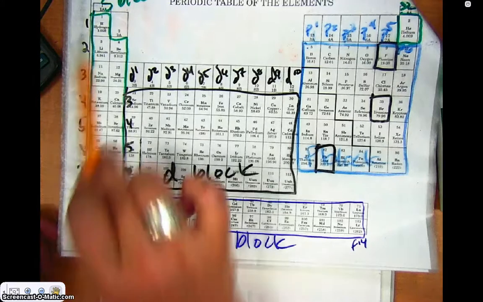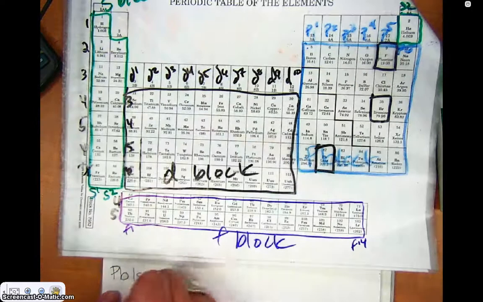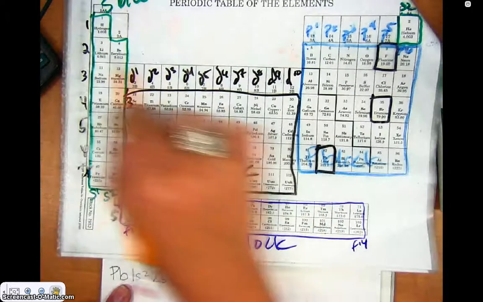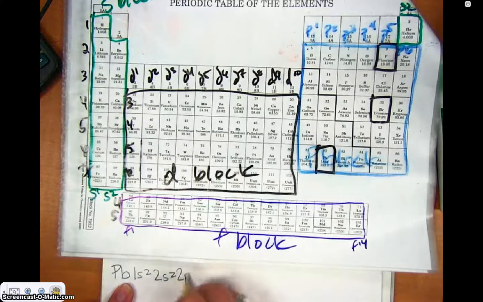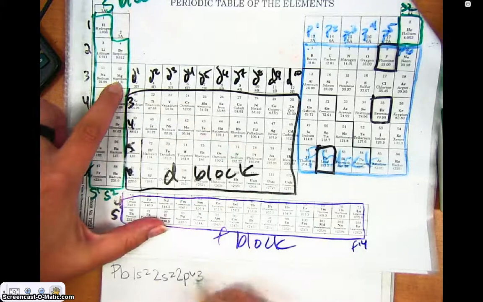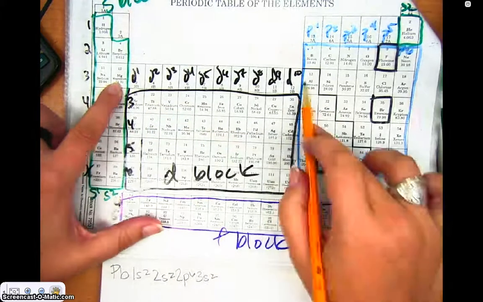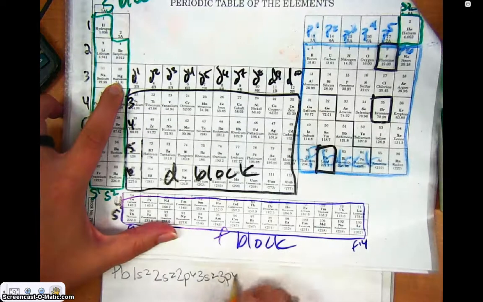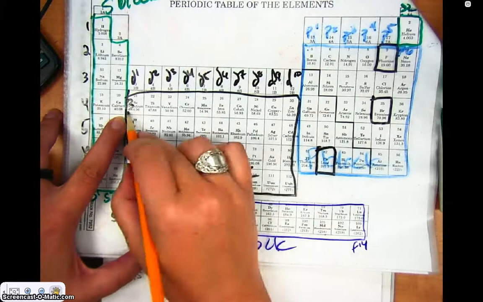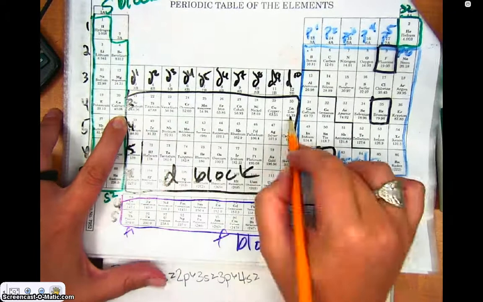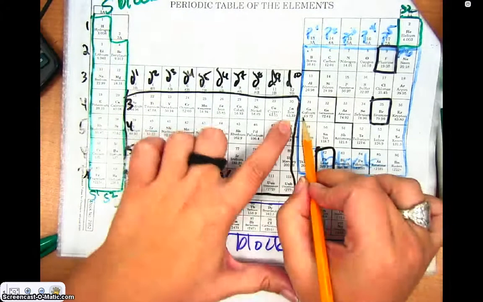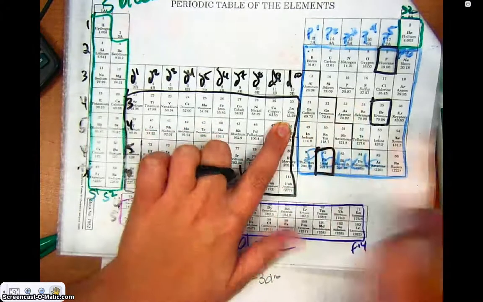All right, so I'm going to start at the top. So 1s2, 2s2, then I go across 2p6, and then down to row 3, 3s2, and then skip over here to 3p6, and then 4s2, and then I get to the D block, it's behind by 1, so it'll be 3d10, and then back to the P's, so the P's should be in the right row, so 4p6,